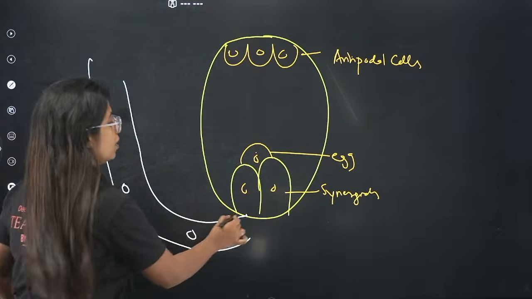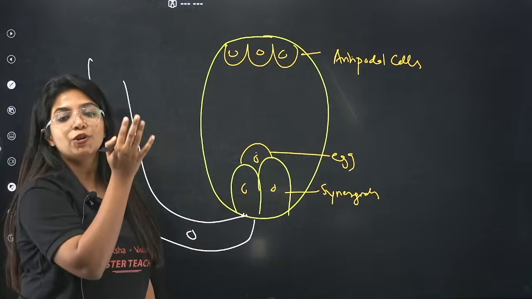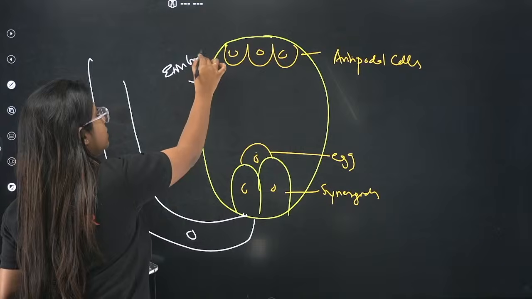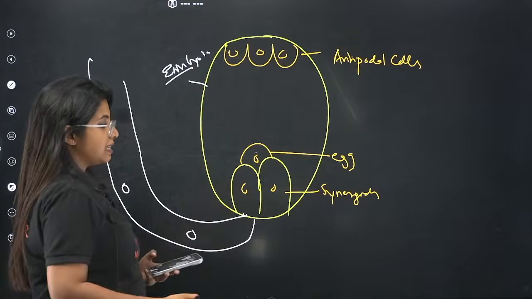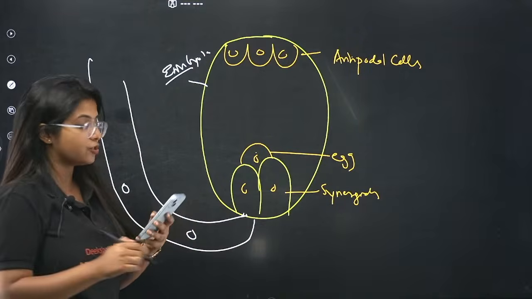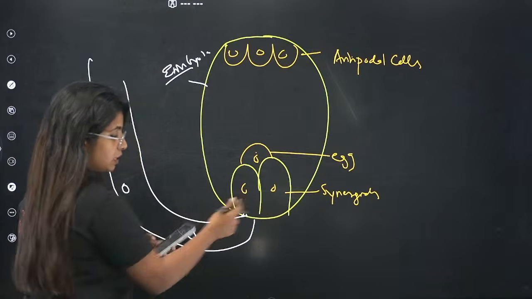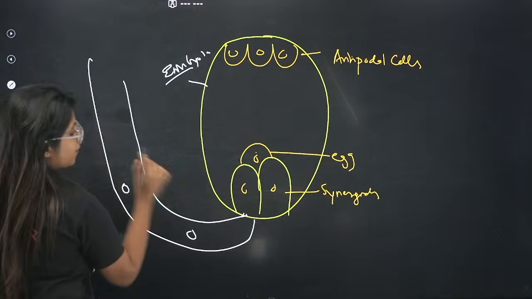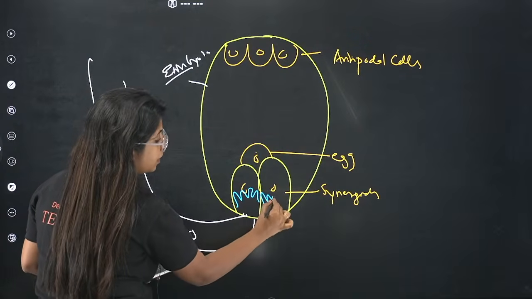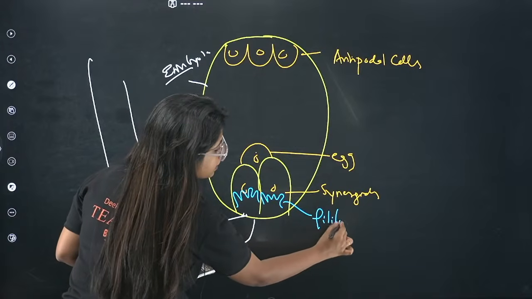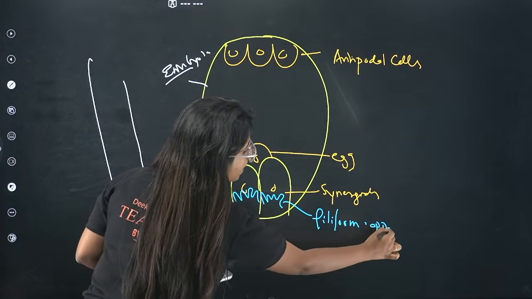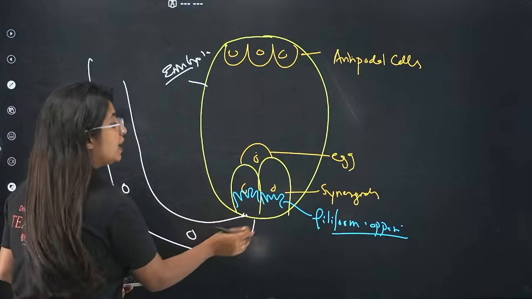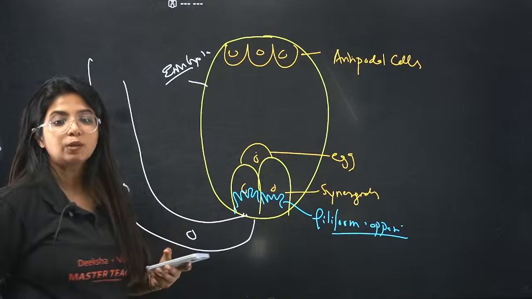Always understand who helps in guiding the pollen tube inside the embryo sac. This whole structure is known as the embryo sac. Who helps in guiding the male gamete to come and fuse with the egg cell? Basically, it is the synergids which are there. These synergids are going to help it. How do they help here? Basically, these synergids have something like this. They are known as the filiform apparatus. This filiform apparatus is the one that will be guiding this pollen tube to enter through this and go and meet with the egg cell.